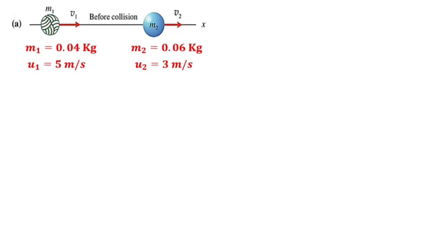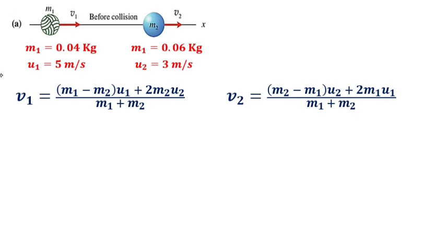So let's start with the first question. Let's find the final velocity for 1 and the final velocity for 2. This is the formula we're going to be using for both. So let's substitute and find the final velocity V1. Using this formula, V1 will be equal to,